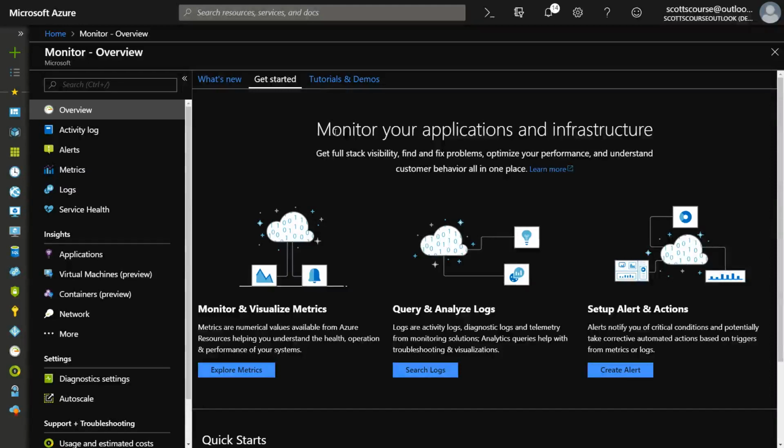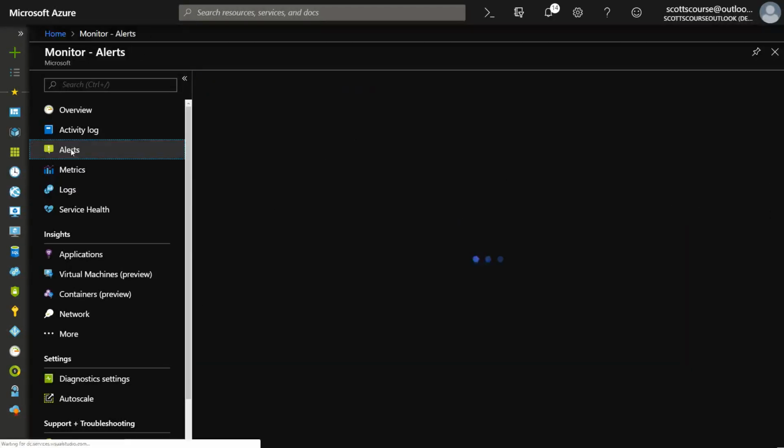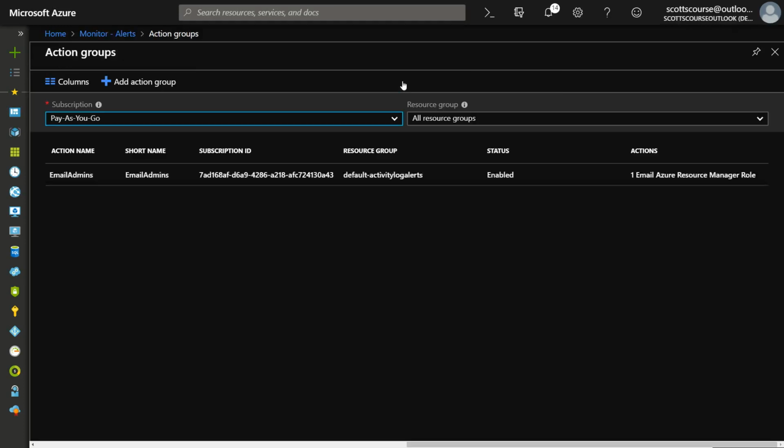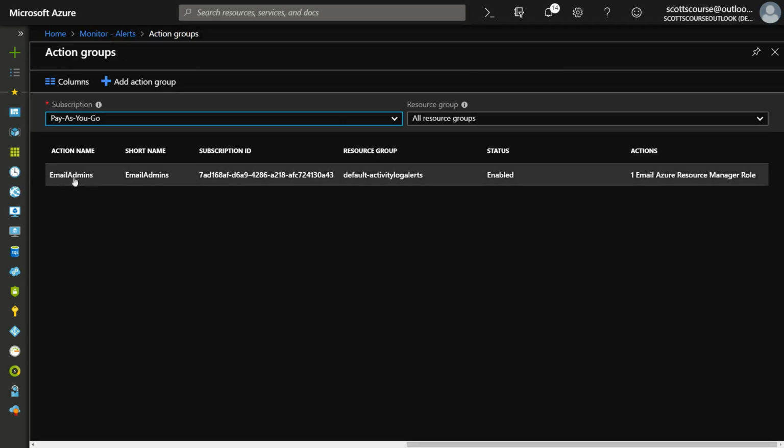Now, the exam requirements also talk about action groups. When we were talking about alerts a couple of videos ago, we briefly touched on it. I didn't get too deep into it, but if you see at the top here, there's a menu item saying Manage Action Groups. We created an action group when we created our first alert, which is to email the owners of the alert happening. So you'll see that when I go into Monitor Action Groups, I've got the one already